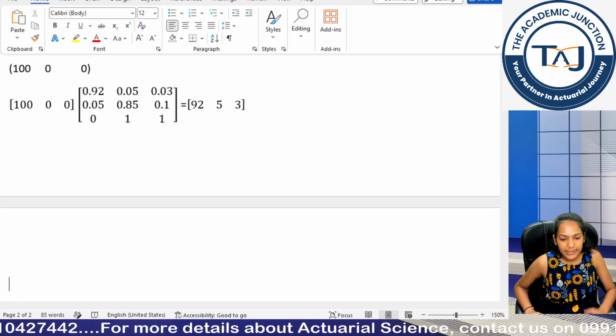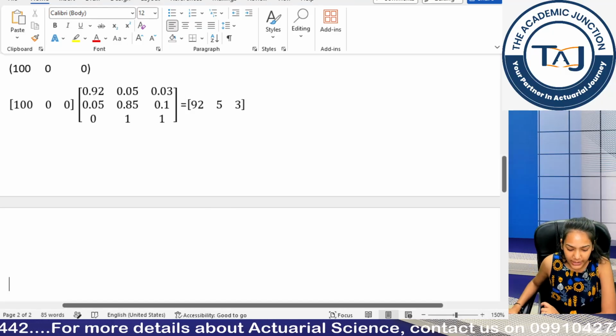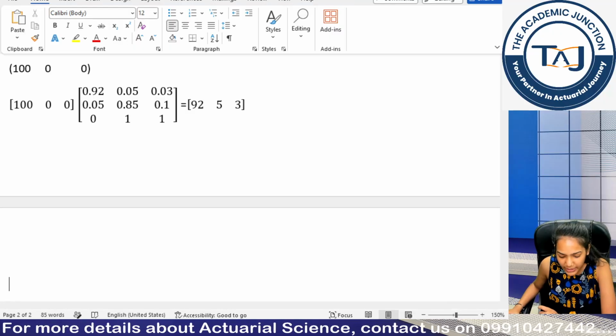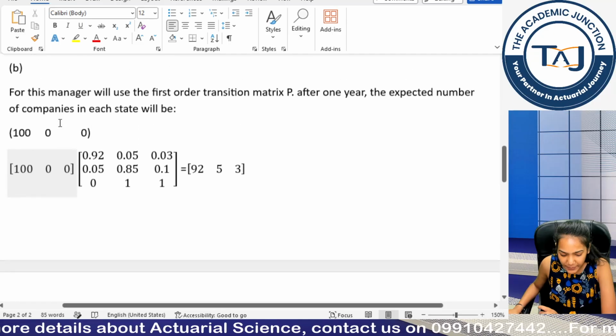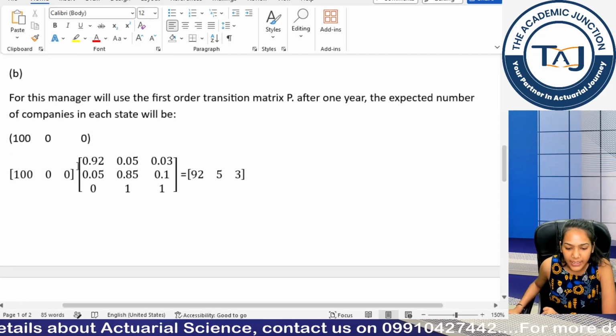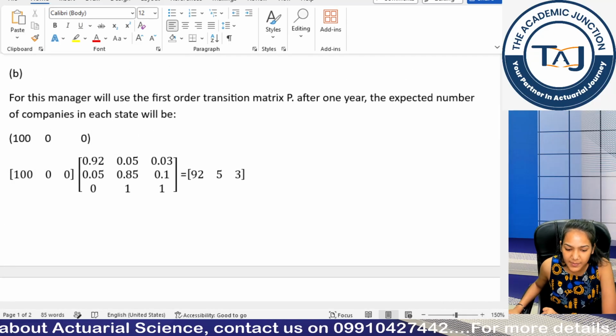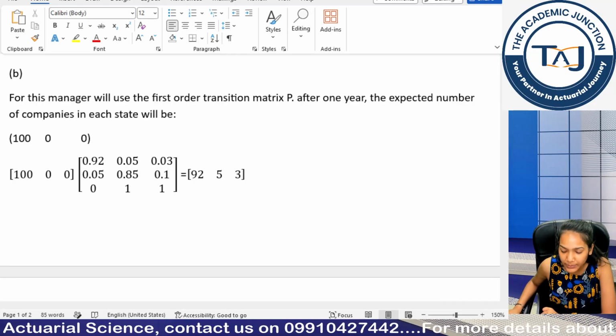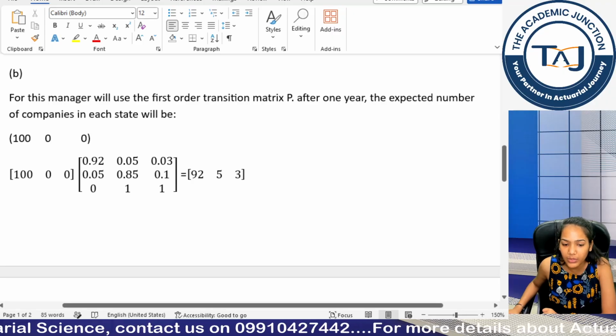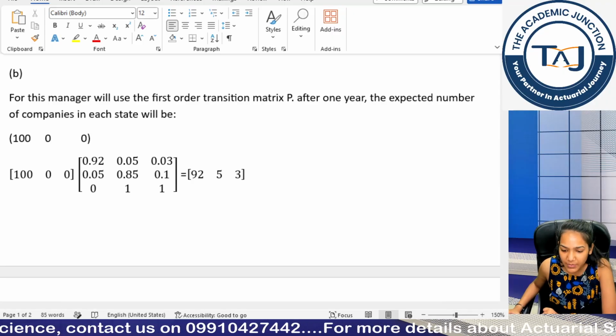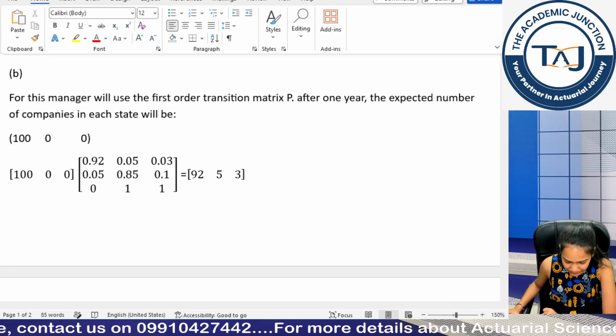So this way you can do it as well. Otherwise you could have used tables functionality and you could have pasted like this as well. Then you can calculate the answer, and your fourth part is basically the comment, which I won't be moving on. So this is basically how you can type the transition matrix in your exam.